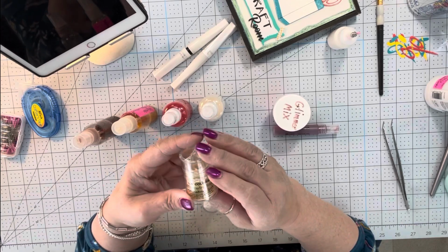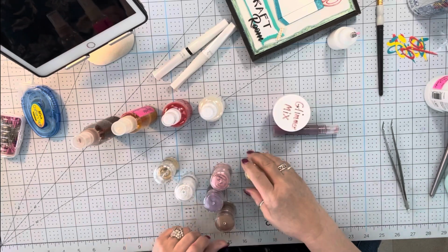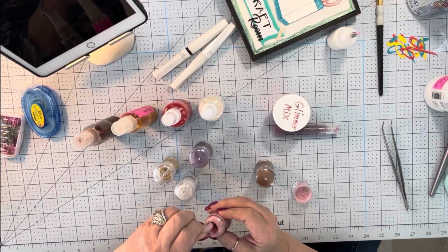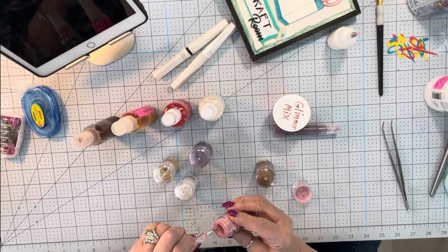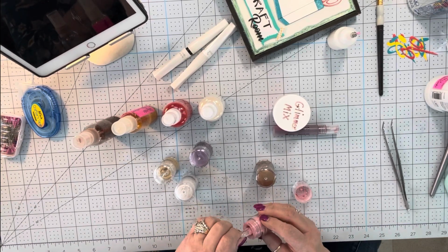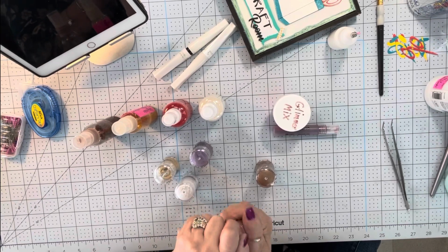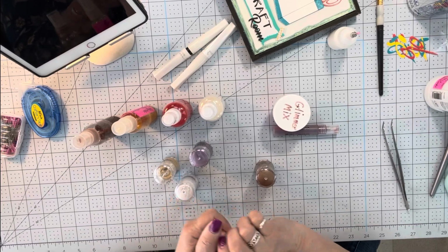But what you're going to do is buy the LA Colors eyeshadow. Okay. And they come in many, many different colors. And you are going to take the little brush and you're going to try to gather 2 cute little scoops. Sometimes I end up just kind of pouring it to see what I can get out. I find them a little difficult to work with, but you can turn them over and tap them, and then you seem to get a little bit more. But all right, so take yourself about 2 scoops,